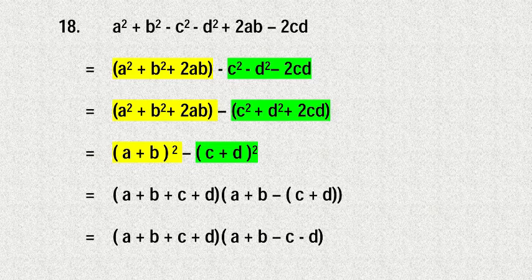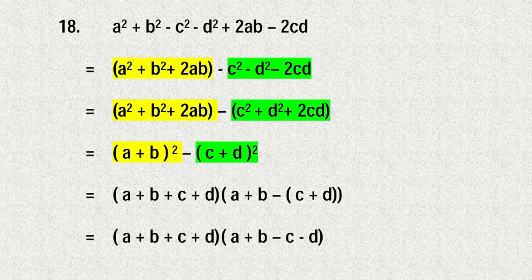Let's keep the first group as it is in the standard form. Then in the second group, take out minus as a common factor. Then it will be expressed as c square plus d square plus 2cd. Now the first 3 terms form one group, a square plus b square plus 2ab, that can be expressed as a plus b whole square. And the second group is formed with c square plus d square plus 2cd. Its simplified form will be c plus d whole square.